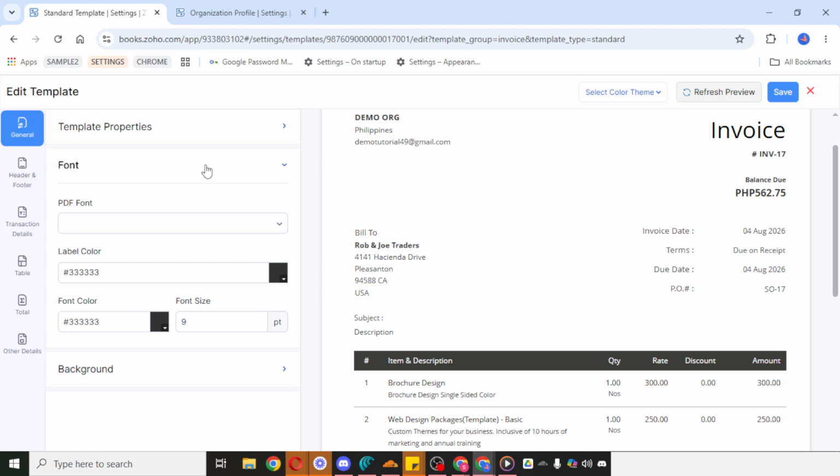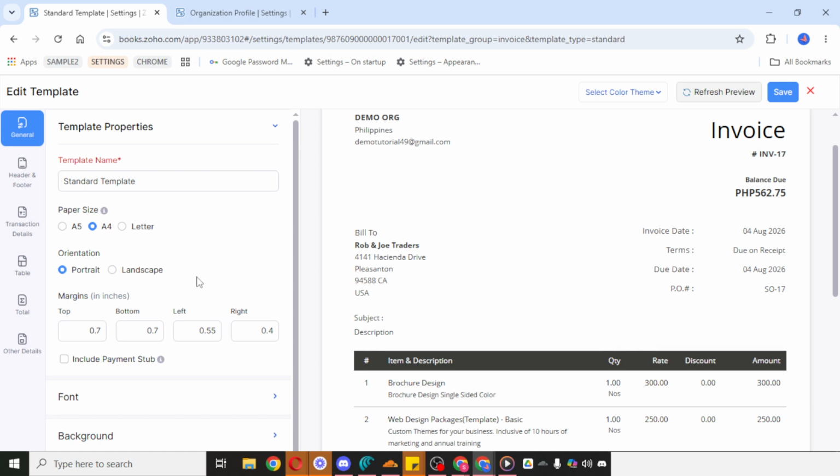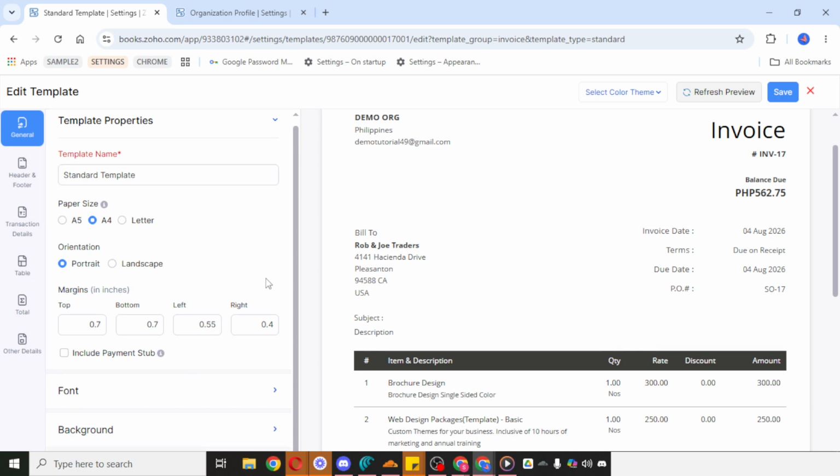Take your time in this section, because the invoice template affects how your business documents are presented to clients. A clean, easy-to-read design usually works best. Make sure the most important details stand out clearly, and try not to overcrowd the page with too many design elements. The goal is to create something that looks professional while still being practical.